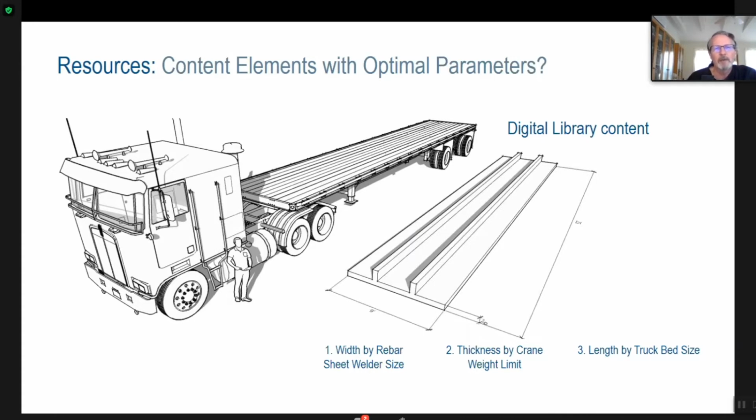So perhaps the width of this double T is based on not just the bed on the truck, because you can go from 9 feet all the way out to 18 feet based on whether it's going to be an escorted vehicle or not. But maybe the limitation is by the sheet welder, and that's what sets this dimension. Maybe the thickness is going to be determined by the cranes, that you're going to use a mixture of mobile cranes and tower cranes. And with the mobile cranes, you can't lift as much. So you're going to leave exposed rebar in this design. That means you can put more of these on the truck, and you have 2 different lifting options when you get to the job site.